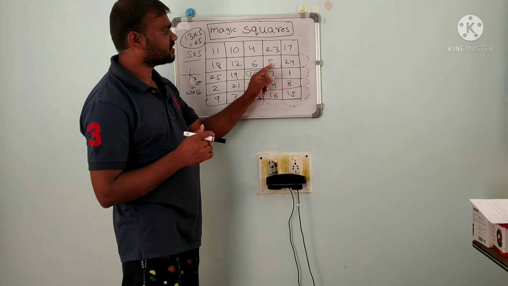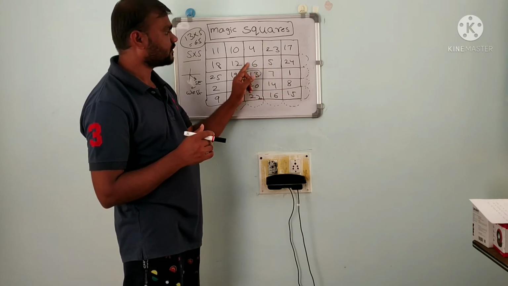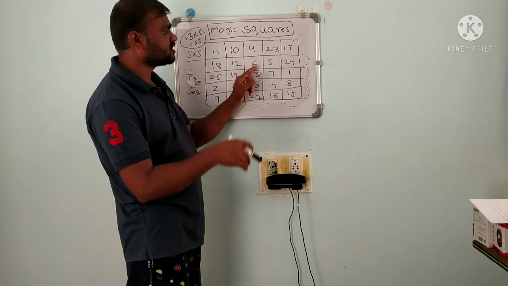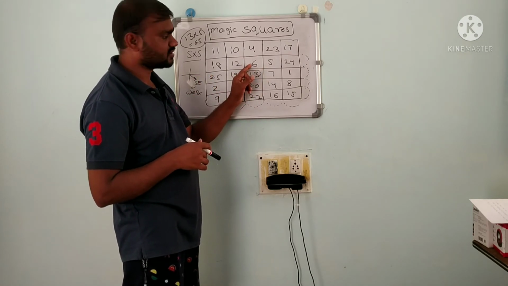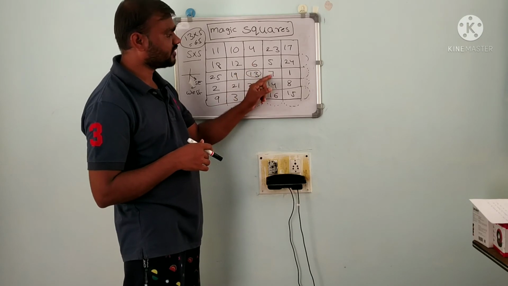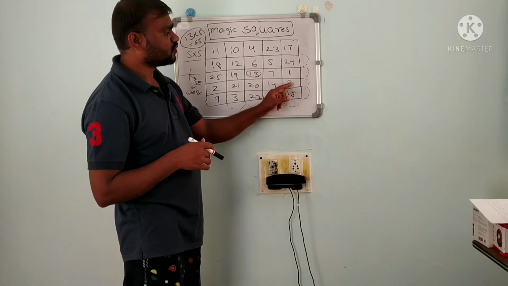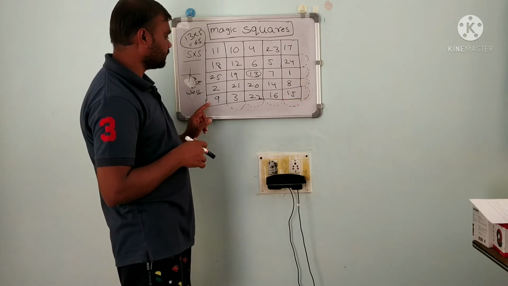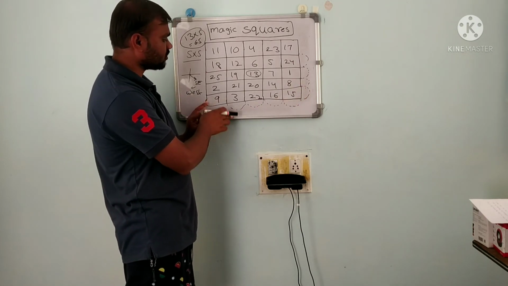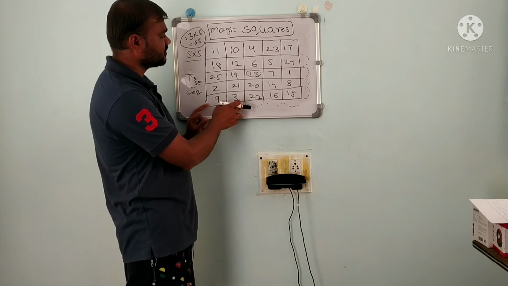After this you have to move southeast. Southeast here is already filled, and then you have to go west. If southeast is filled, then you have to move west side. So here I have put 6. After that you have to move southeast, 7, southeast 8. After this nothing is there, then you have to move like this. 9. After this number southeast is not there, then you have to move like this.